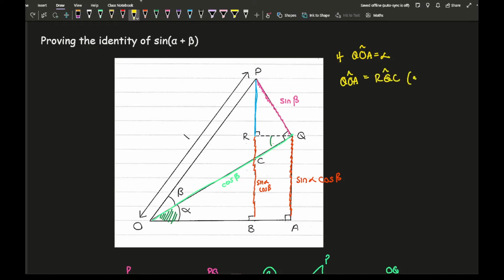Why? Because they are alternate. Now from this, we worked out that this angle here is going to be alpha, and that's going to be a right angle. Now looking at the triangle of PQC,